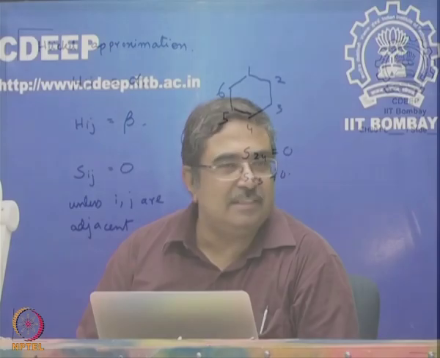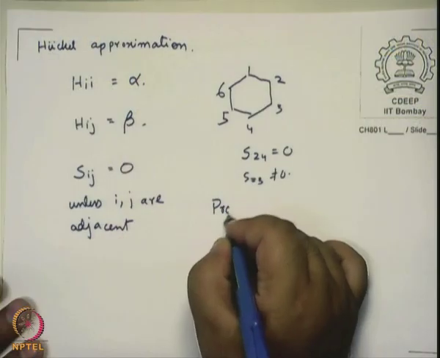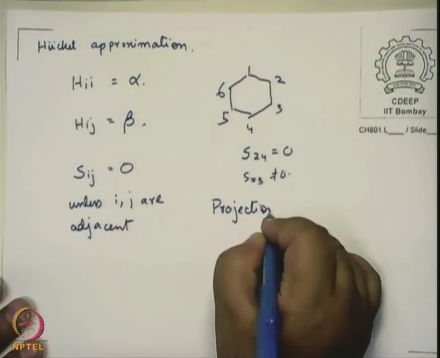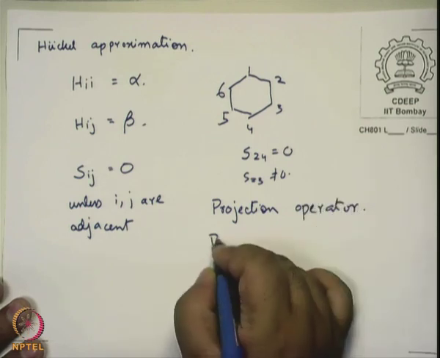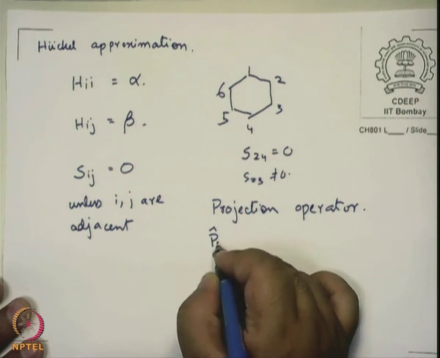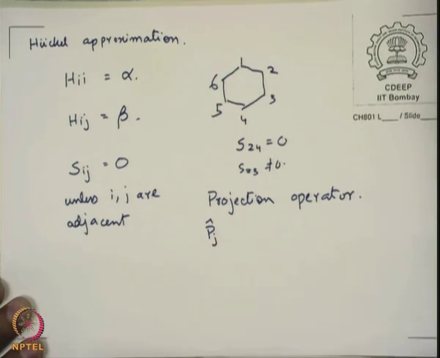We recall this now. So, this is the quantum mechanics that we are trying to develop, and we are trying to do it using symmetry. And when we try to use symmetry, again we have to use a kind of an operator. The operator that we are going to use in our discussion of naphthalene is called a projection operator. So, we write it as, say, Pj.